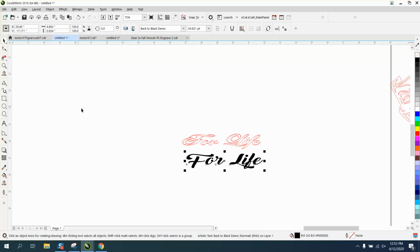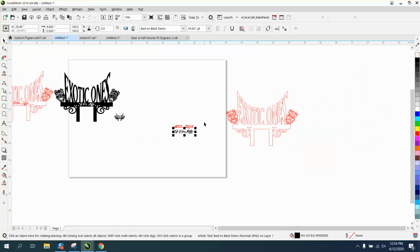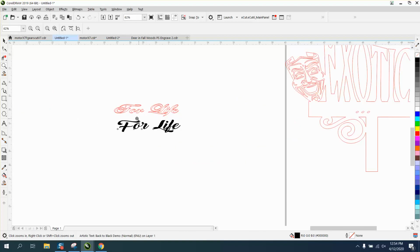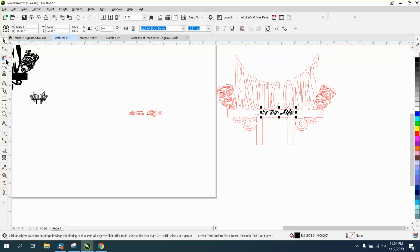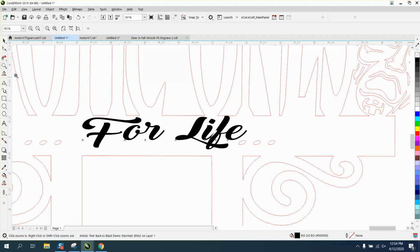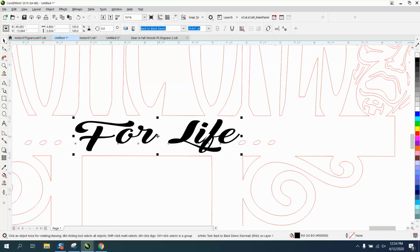And my suggestion would be to engrave this word on this thing, because this is still going to be so small that it's going to maybe cut out and be kind of hard to read. So you could put that in there and engrave it. And that would be my suggestion. And to do that, you could just put it about where that word is and then nudge it over that 18 inches. Then you might have to move it a little bit